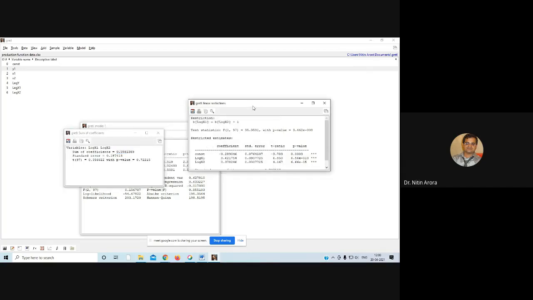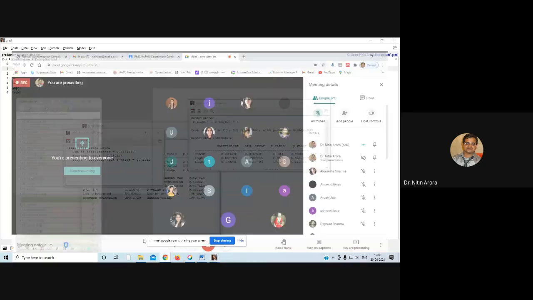Otherwise, to test the restriction that CRS exists or not, we have to see whether the sum of two coefficients is equal to unity or not. Okay, sir. Equal to unity, if not rejected, if the p-value of the F test is greater than the level of significance, then we have to see that sum equal to unity cannot be rejected, CRS exists. Since this has been rejected, there are two possibilities, IRS or DRS. Between IRS and DRS, what is the case? Compute the sum and see. If the sum is less than unity, then it's DRS. If it is above unity, then IRS.